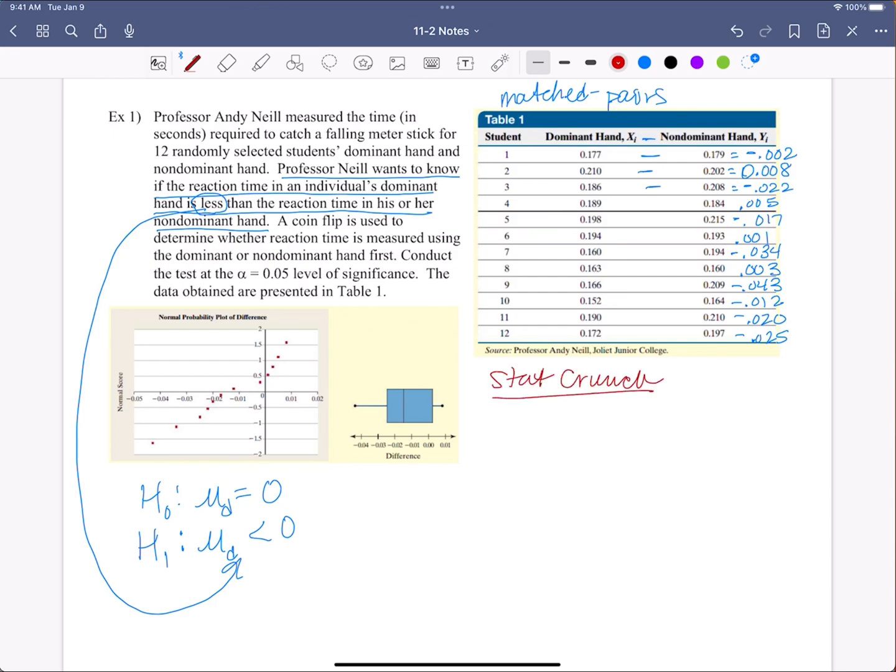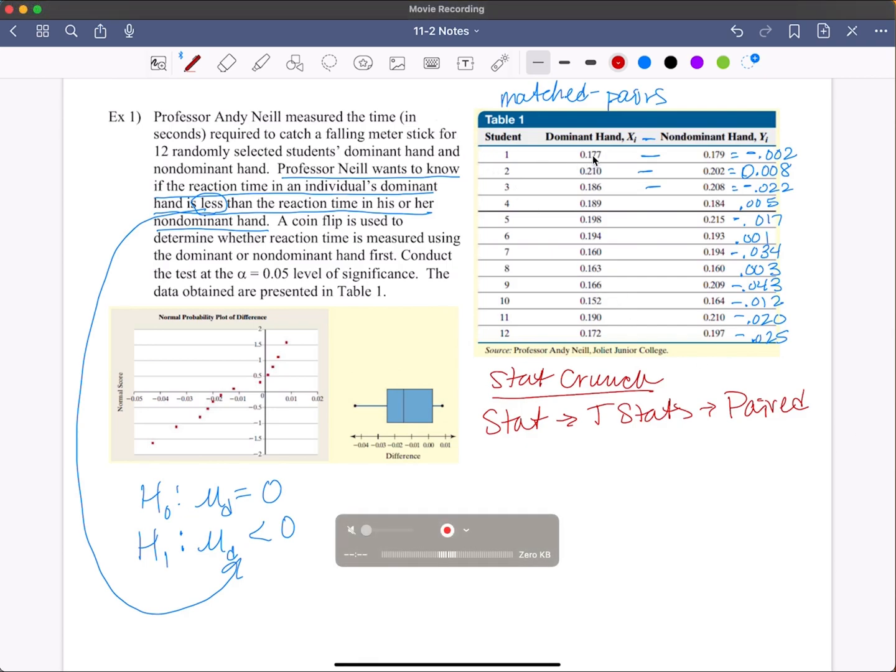So, because this is a mean, where are we going? Stat, then what? T-stats. Good. And then, because these are matched pairs, we're going to click paired. All right? Okay, now, in order to save us on time, so you're not just watching me plug those